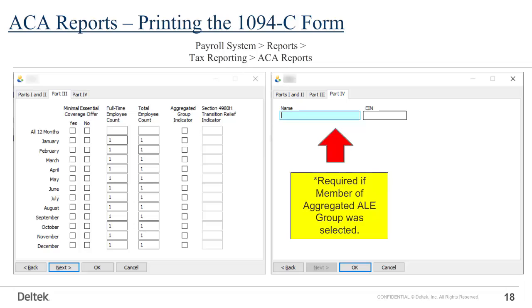If you choose yes in the Parts 1 and 2 tab that you are a member of an aggregated ALE group, you can check the box indicating that you are a member for either all 12 months, or per month if different by month. As previously mentioned, if you're printing this form for years after 2017, the Section 4980H transition relief indicator will also be grayed out and unable to be used, so please disregard that section for all years